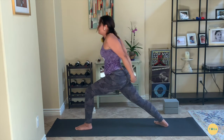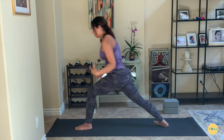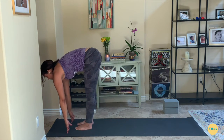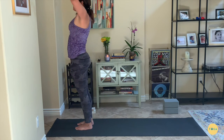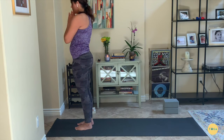Come back up and bring your hands up towards the sky. Virabhadrasana 1 again. And release. Bring your hands on the mat. Step your right foot forward to meet your left. Inhale, flat back. And exhale, release. Inhale, hands to the sky. Exhale, hands to heart. Now from here,